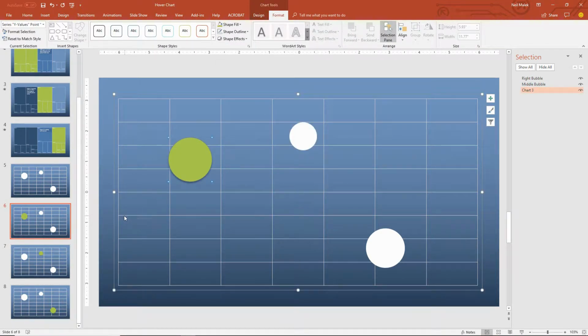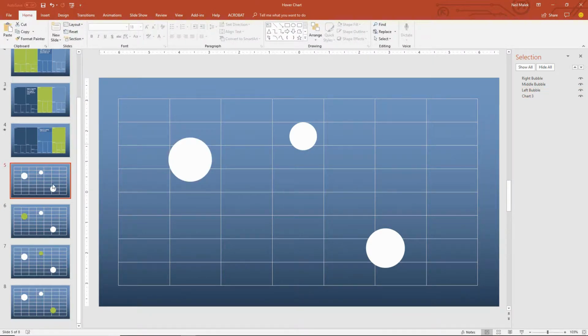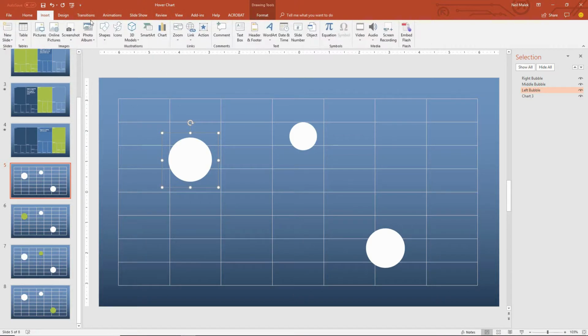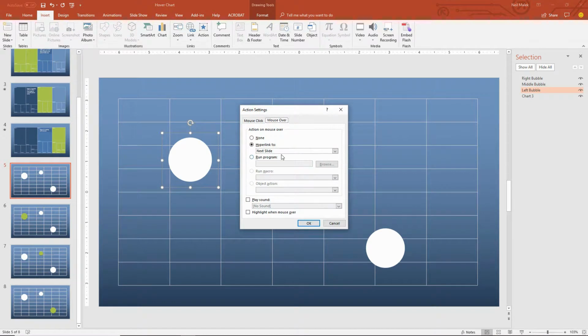Okay, super awesome. Now the problem is that our hover functionality still just says quote unquote next slide, right? So let's go back and fix that. So I'll go to slide number 5, click on the leftmost bubble. And when I hover on top of this thing, I need to go to slide number 6. So I'll go back to insert up here, go back to action, and tell it not next slide, but slide